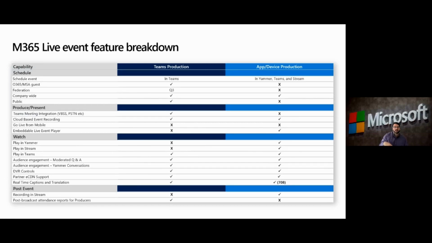The Teams production gives us the capability to bring in some of the experiences to deliver that. So I can absolutely take advantage of the best parts of Teams, which is going to be the VBSS.